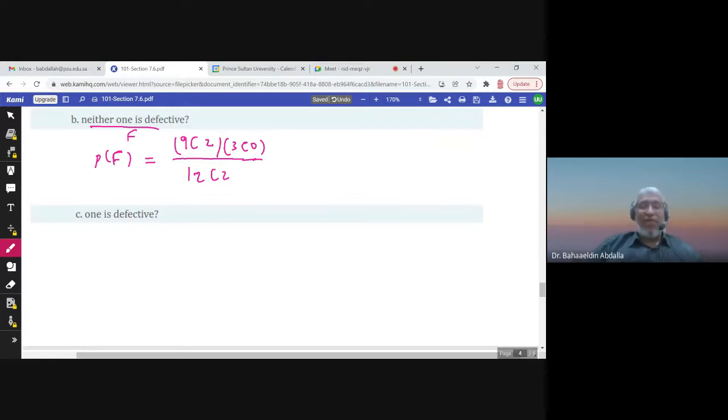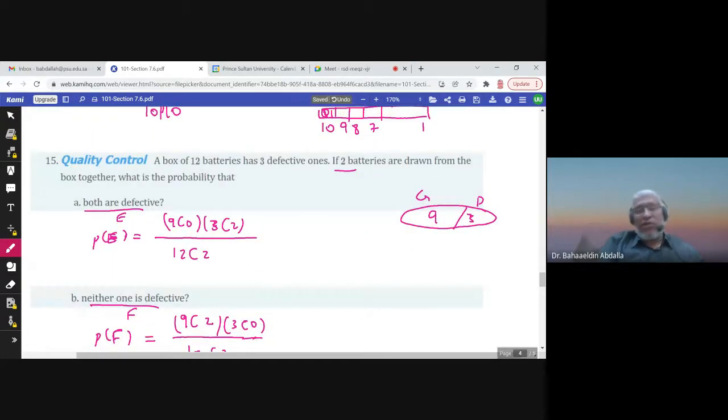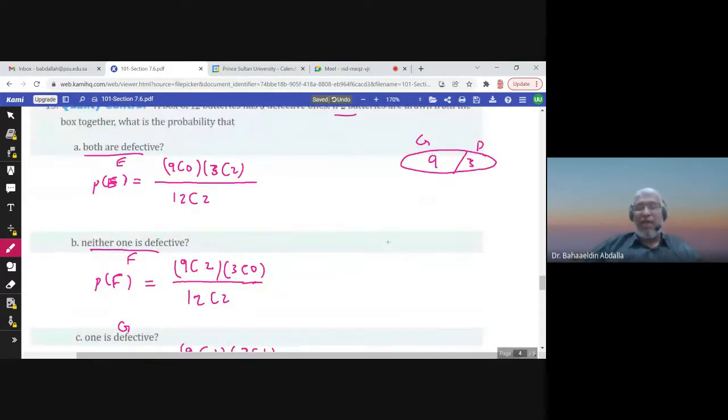One is defective means if we call it G, for example, then one is defective and one is not. So I'm selecting one from the 9 and one from the 3. And you can answer this question using a tree diagram if you like. You can use a tree diagram